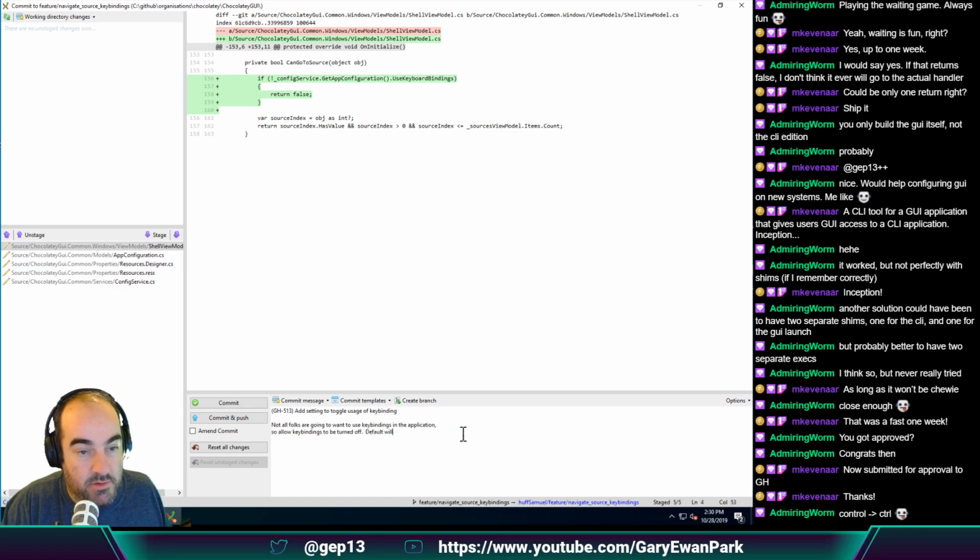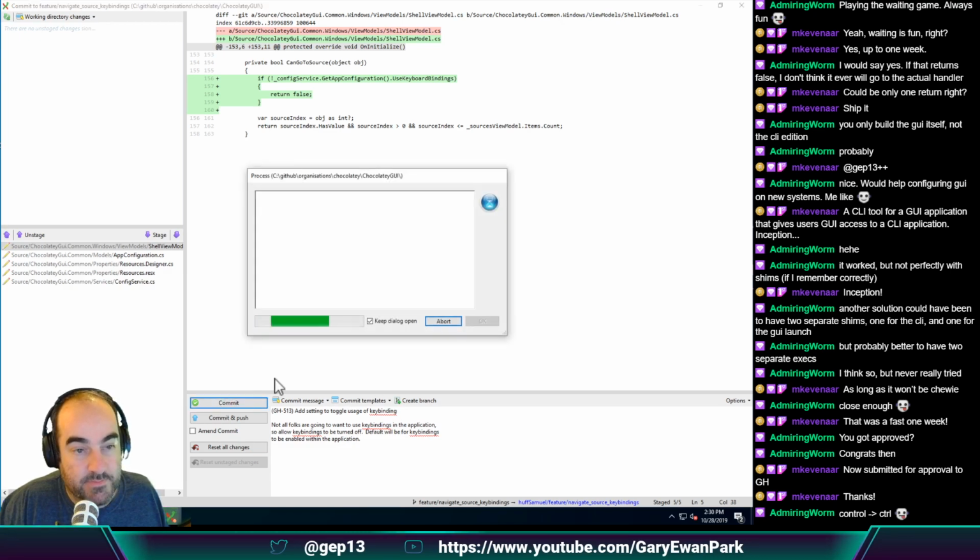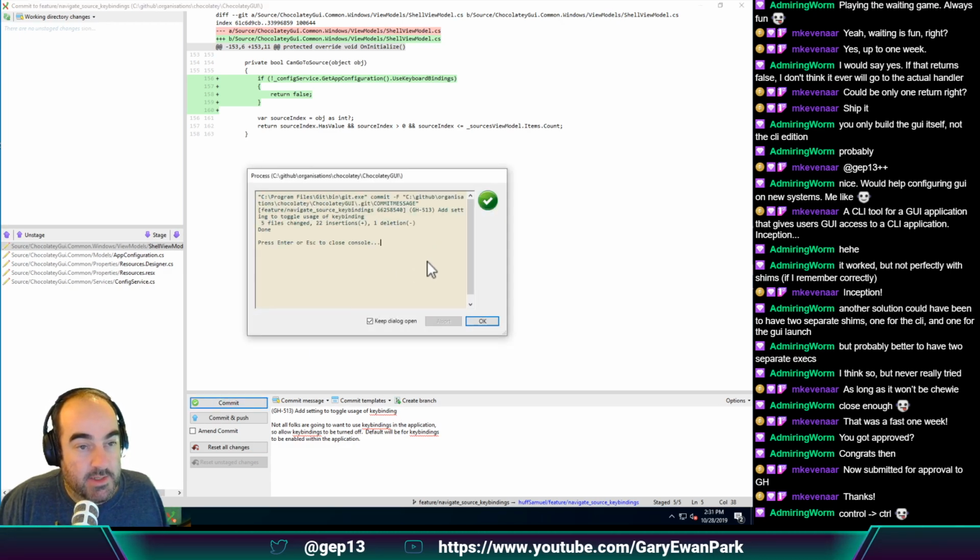Default will be for key bindings to be enabled within the application. Okay. Sounds good. Application commit. Okay,